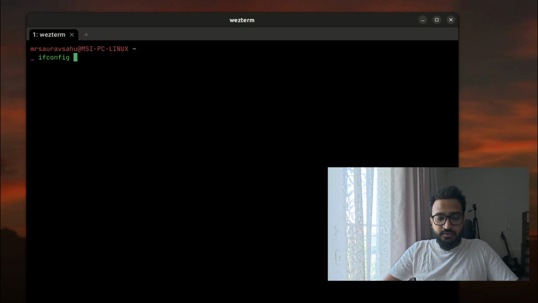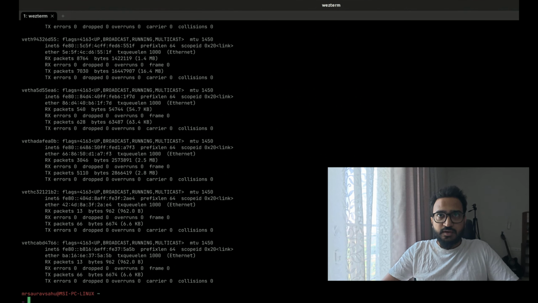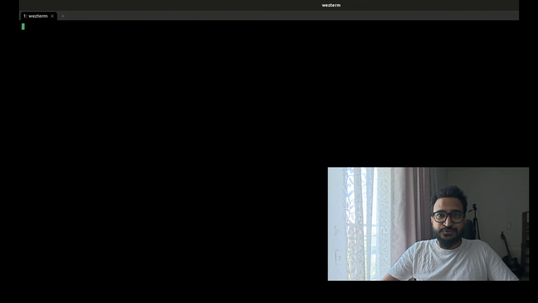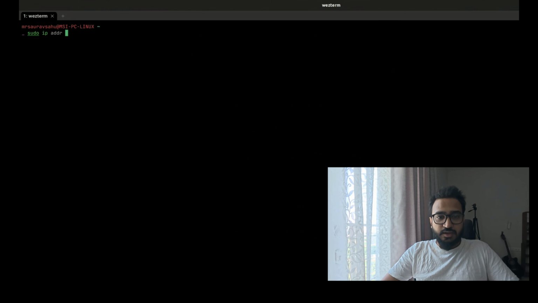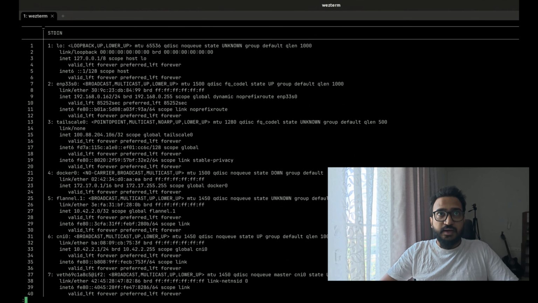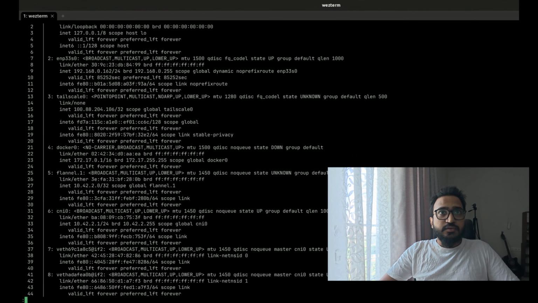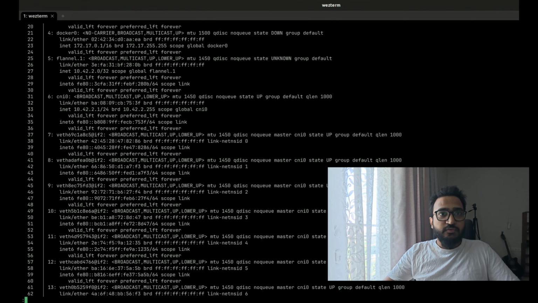Ethernet device. So you can just do ifconfig. This was the older command that I was used to, so that's what I use. But I think now it has been changed. You can instead use ip addr, I think. Yes. So here if you see, and actually I should probably do a bat on this. So you'll see that there are a lot of devices, obviously a lot of virtual devices